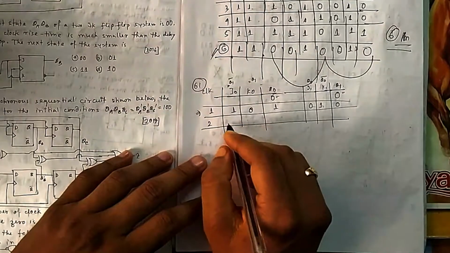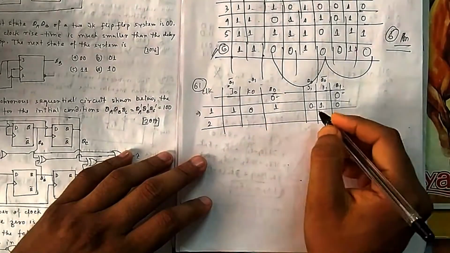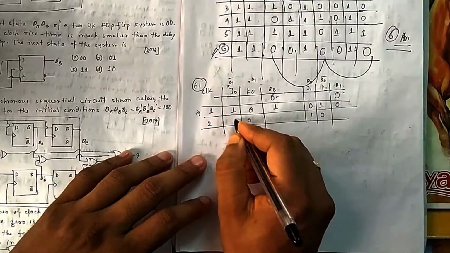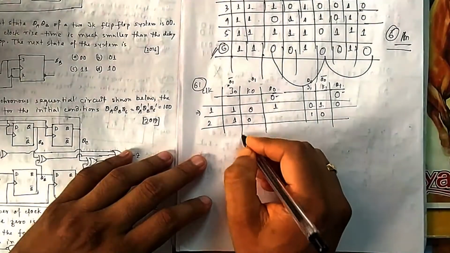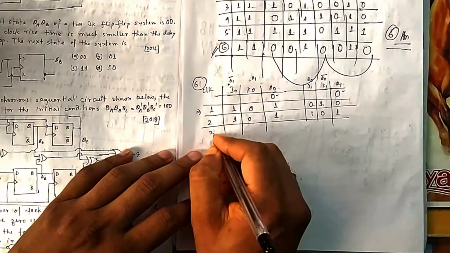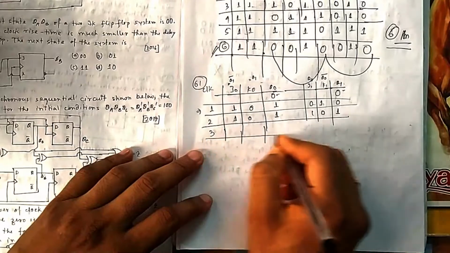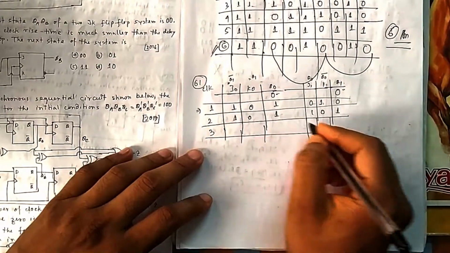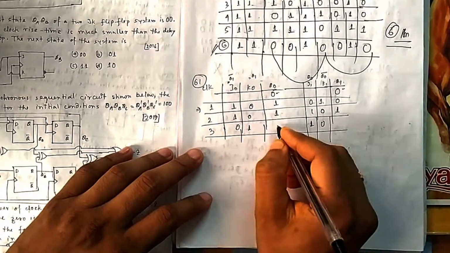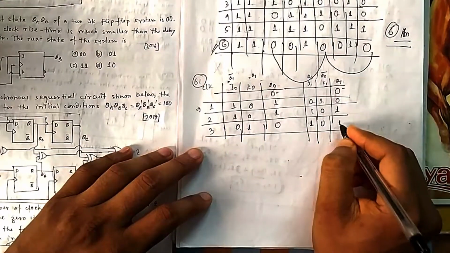So now before giving the second pulse, let me write the inputs. If it is 1, then it is 1, then it is 0. If it is 0, then it is 0, and Q0 bar is 1. Now if you apply the pulse, 1, 0 will make it 1. Again, before giving the third pulse, let us see what the inputs are. If it is 1, then it is 1, 0. 0, 1 will make it 0. 1, 0 will make it 1.